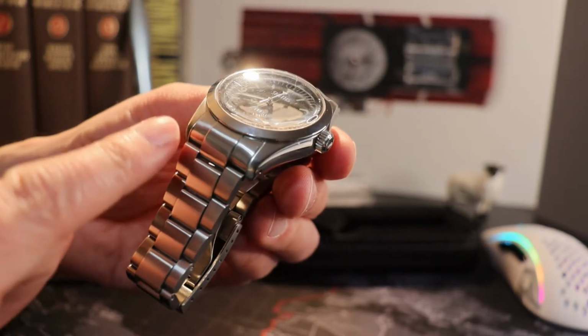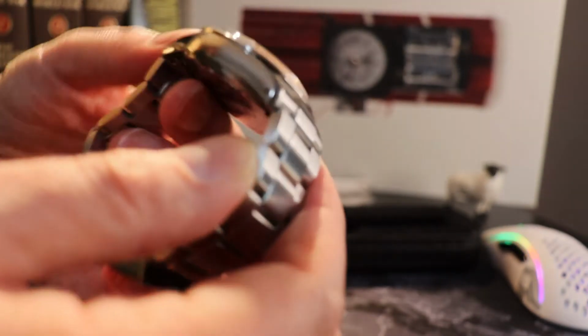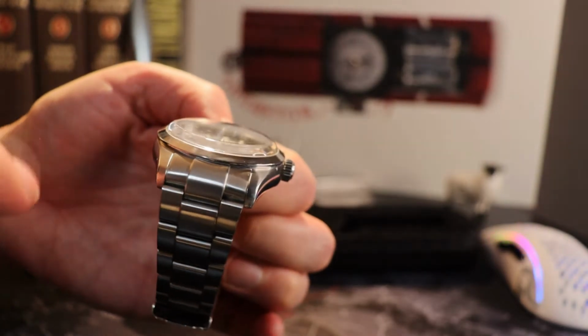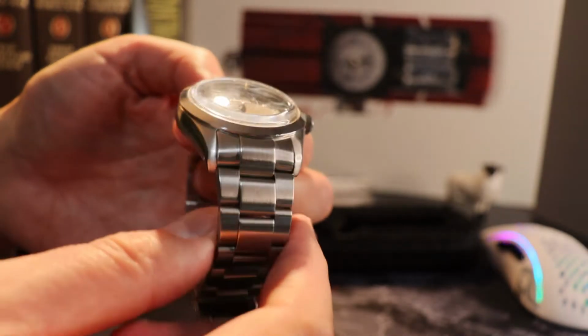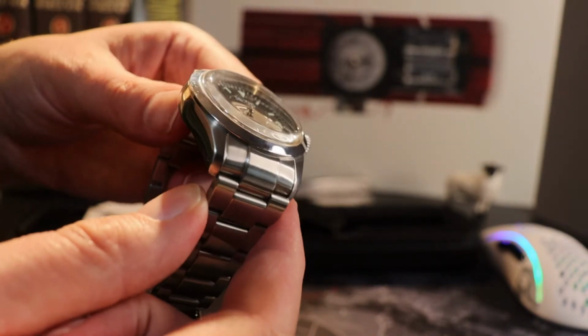But again, looking at those end links, both from the outside and the inside, whilst you do have drilled lugs on here, I'm thinking that with those fixed end links, I'm going to need to do some research with regards to compatibility as to what you might be able to swap this out for. Again, if you guys have got any experience of alternate bracelets on here, it'd be really, really useful to hear